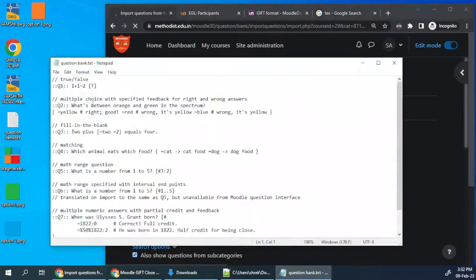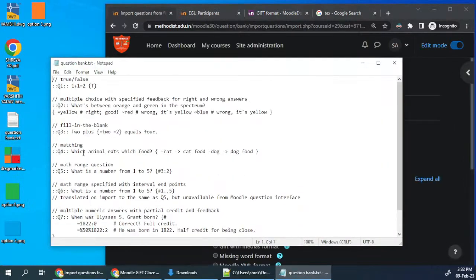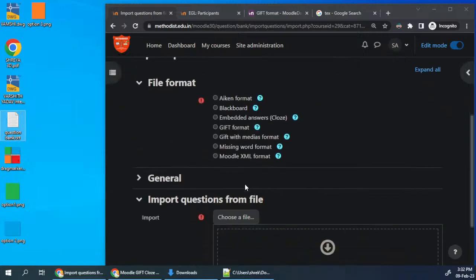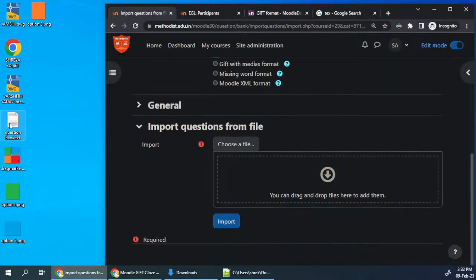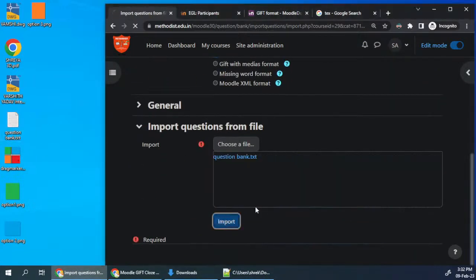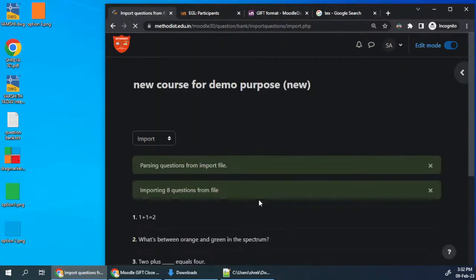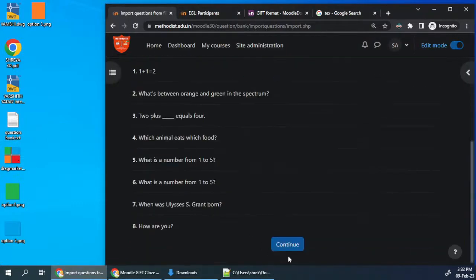Let's quickly open to check whether all the values are there. Yes, all these are present in the notepad. So we are uploading in GIF format. So let me quickly drag and drop it. Click on import, and we can see 8 questions have been imported,